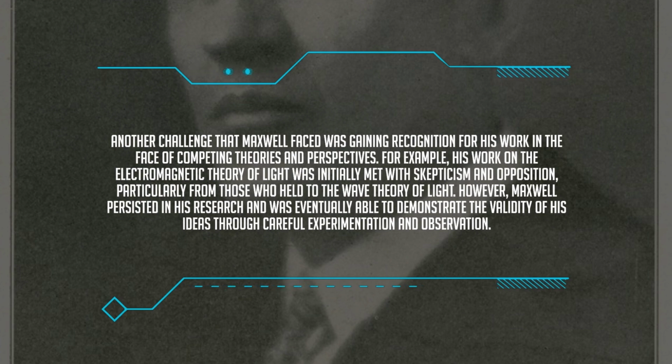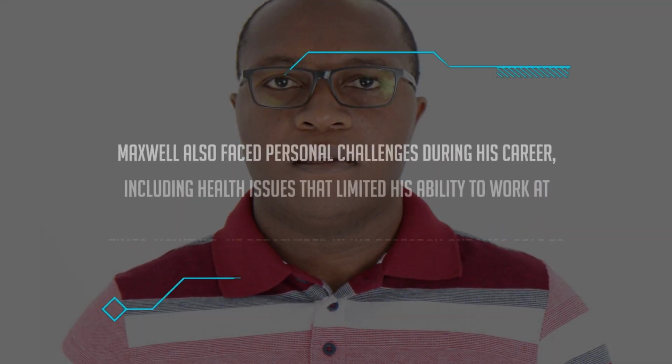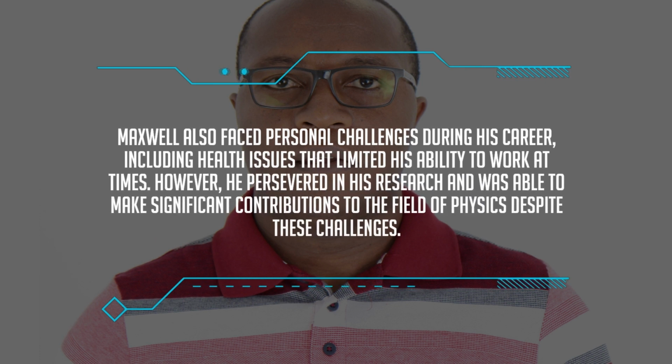For example, his work on the electromagnetic theory of light was initially met with skepticism and opposition, particularly from those who held to the wave theory of light. However, Maxwell persisted in his research and was eventually able to demonstrate the validity of his ideas through careful experimentation and observation. Maxwell also faced personal challenges during his